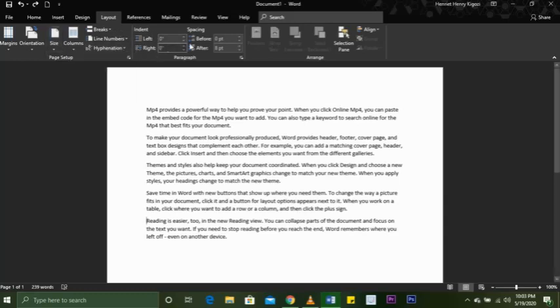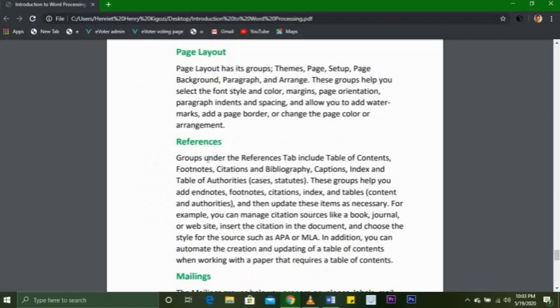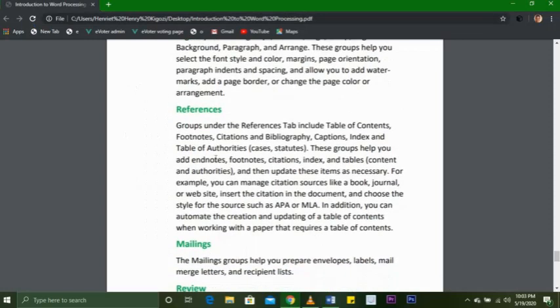We also have the index, the spacing. This is also under the paragraph that we talked about under the home tab. So we also have references. Groups under the references tab include table of contents, footnotes, citations and bibliography, captions, index, and table of authorities, cases, statutes. These groups help you add endnotes, footnotes, citations, index, and tables of contents and authorities, and then update these items as